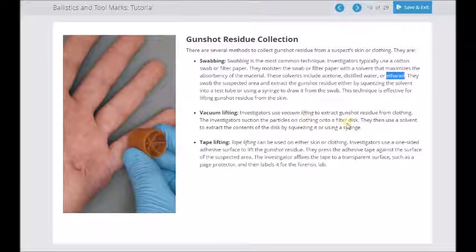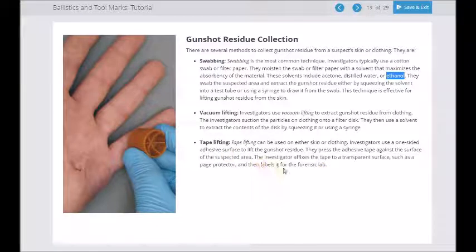You can also do vacuum lifting. That would be like pulling stuff off of clothing. So you put a little filter disc over the end of the vacuum, and you just suck all over it, and then you've got the filter disc. Hopefully if there is any gunshot residue, it was collected by the cloth or the disc, and then you send the cloth off